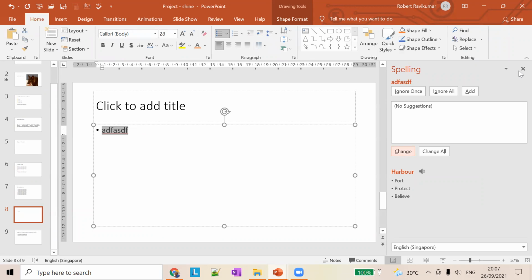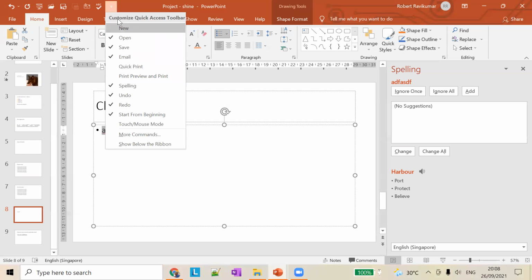So this is the purpose of having a quick access toolbar. It also allows us to customize the options available on the quick access toolbar using the drop down menu that appears here.